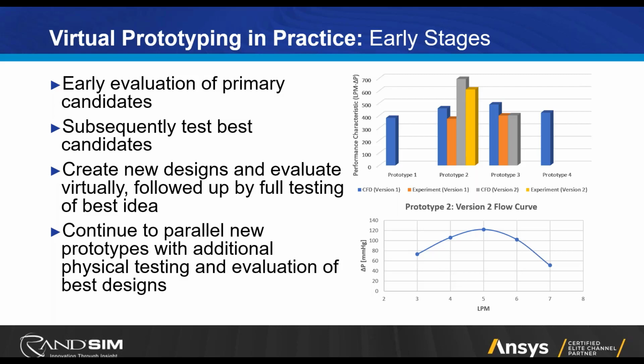You can continue down and continue to evaluate new design ideas surrounding prototype number 2. You could figure that based on your experimental data and your CFD analyses, that you have some flow recirculation in areas you'd like to mitigate, different things like that. So it really, again, offers a secondary tool for design evaluation. It's not replacing your experimentation, but it's accentuating the data you receive from experiments and making sure that that can be used in a meaningful manner to evaluate and come up with appropriate next steps